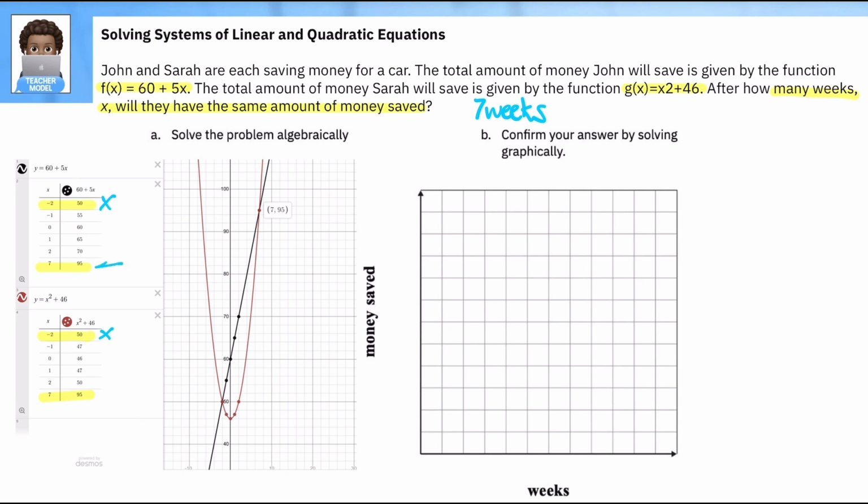So our real solution is here at 7, 95. And you can see it on our graph that that's where those 2 functions intersect. It does happen here and it does happen here. But again, we're not looking for negative time. So all you'd really have to do is take the points that we have listed out to graph both of